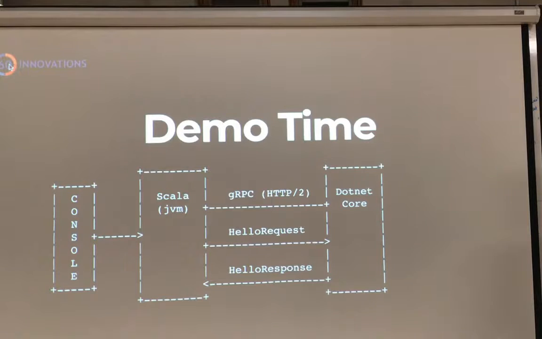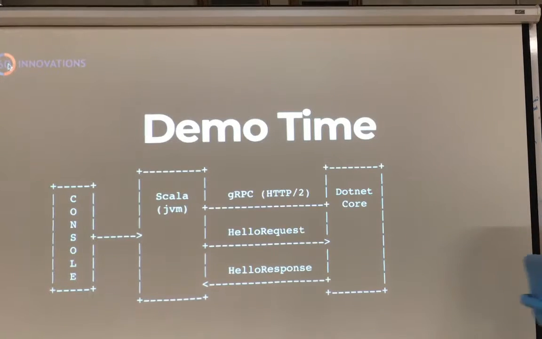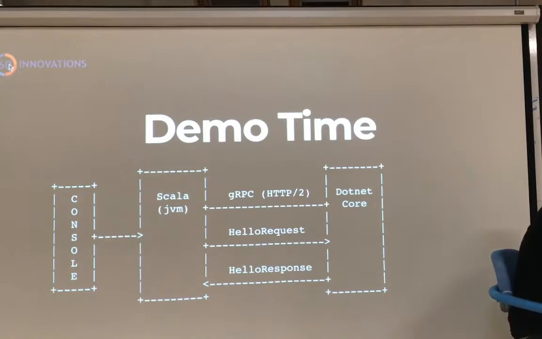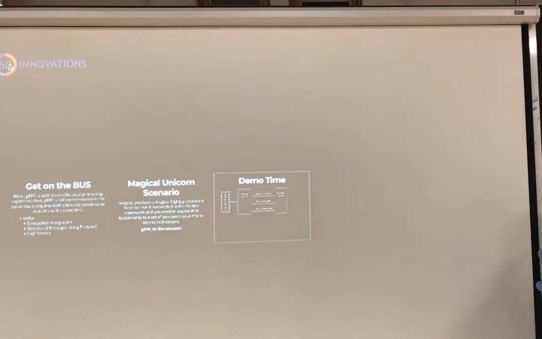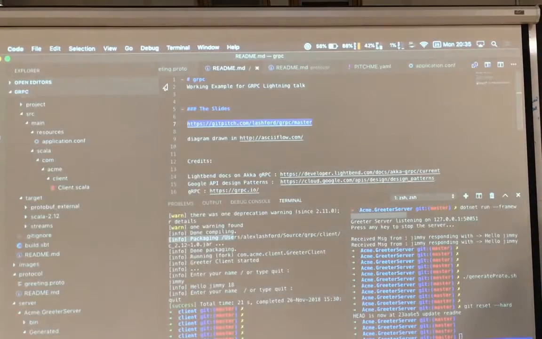Demo time. My ASCII art there, look at that. Oh, yeah. Who needs a diagram? It's a pretty diagram. Who needs that? ASCII art. Okay, so let's see how this goes. I thought you can't have a 15-minute talk without it running over and showing you some code.